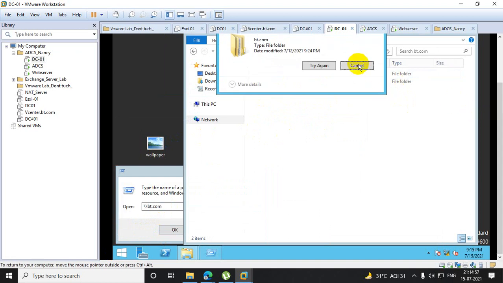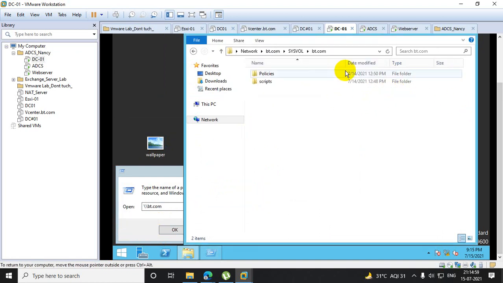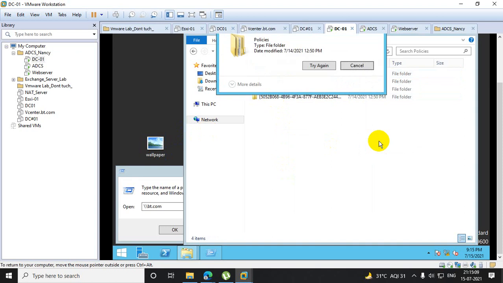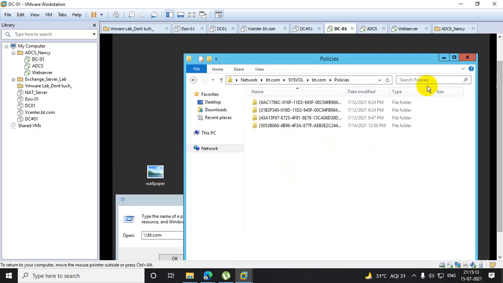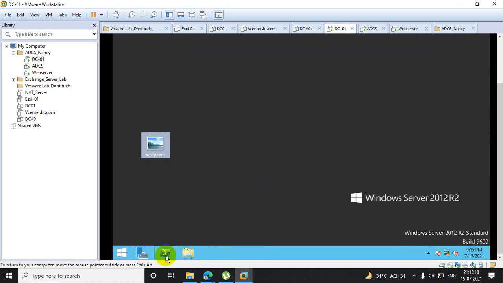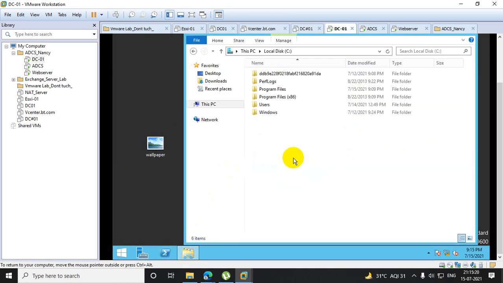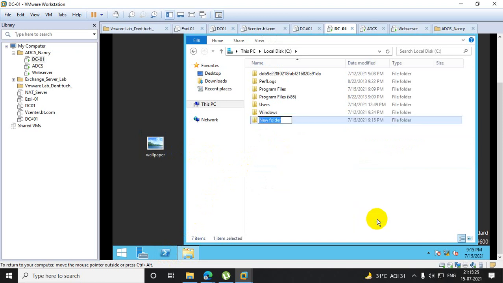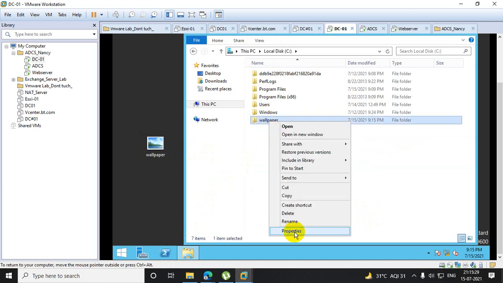Sometimes if replication is going on in the background, it won't allow me to do this. So in that case, you have to create a separate shared folder. In the C drive I create one folder, let's say wallpaper, and I will share that folder.